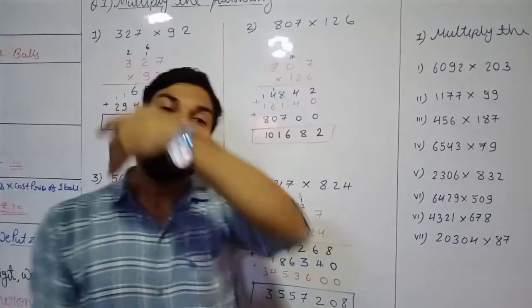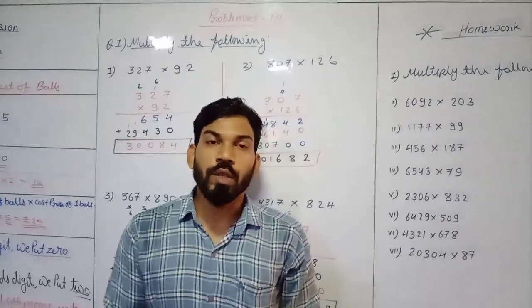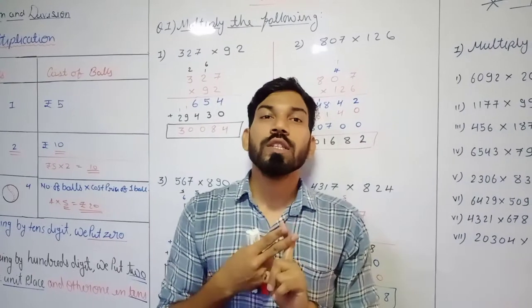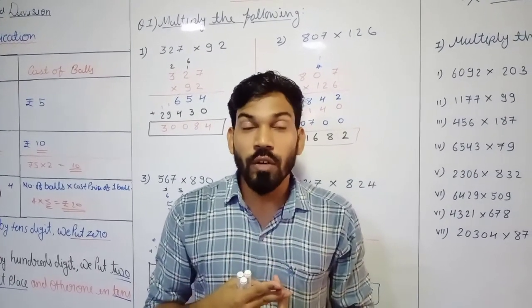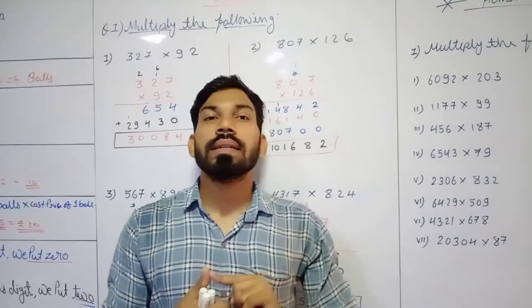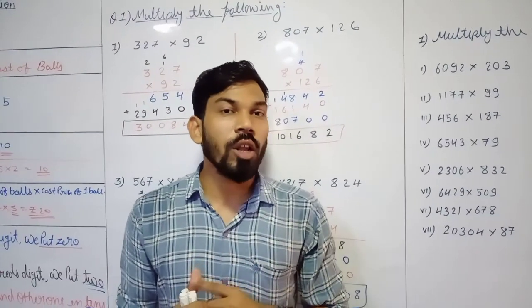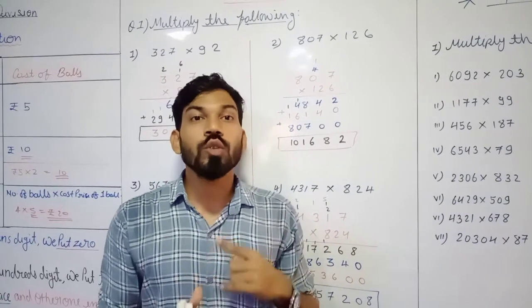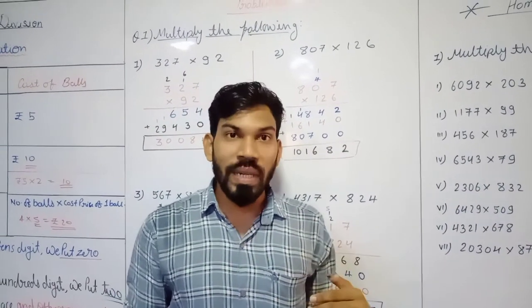So whenever we are having a multiplication sum, there are a few things that are very important. First, we should learn the table till 20. At least till 10, everyone has to learn the table by heart. Then only it will be possible for us to solve the sums of multiplications.